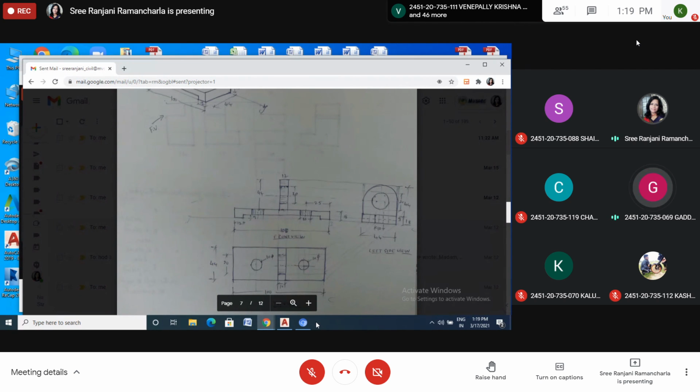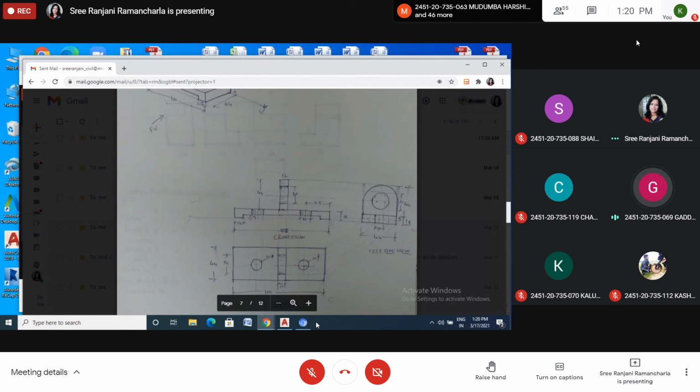For those without laptops: no, now you forget about the laptop. You have to practice in the college. I'm not asking you to do it on laptops. I told you before, when we had online classes, that time we were not sure when you are going to come. Then once we got the timetable for offline classes, you have to do it in AutoCAD.